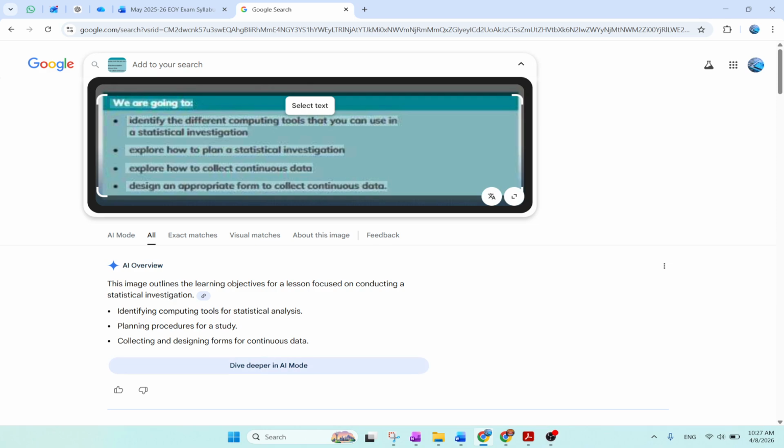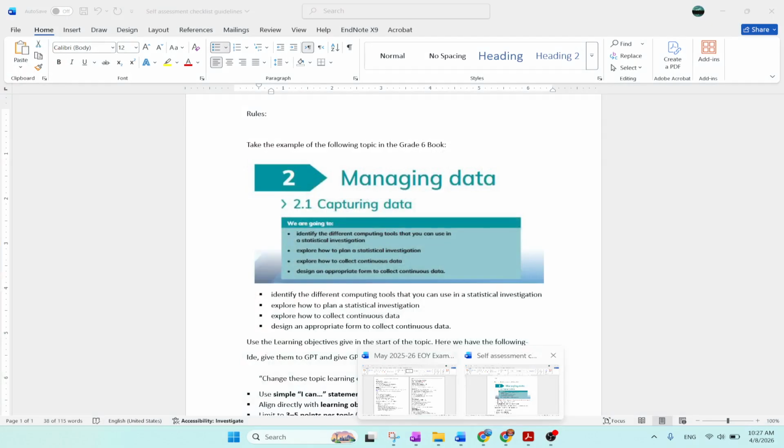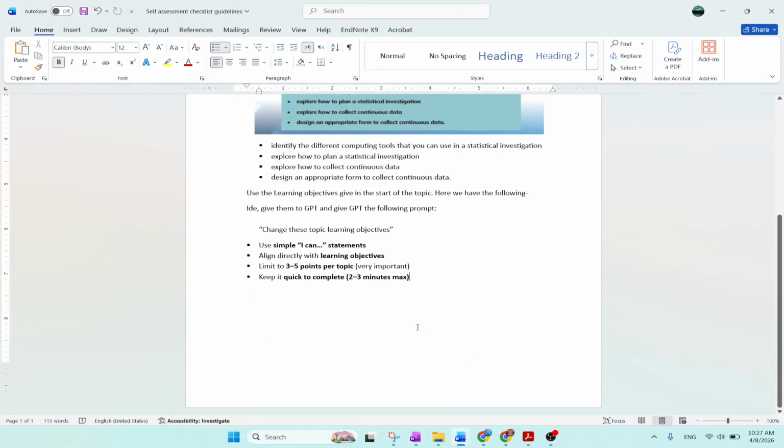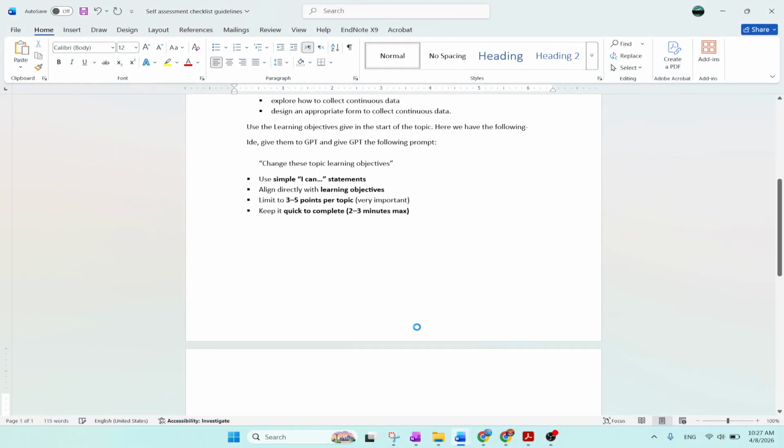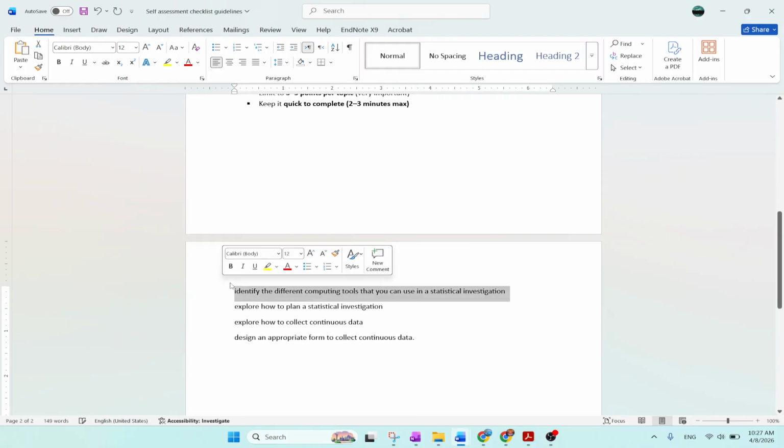If I take my cursor here, I can highlight the text now because it has done optical character recognition. It has now converted it into text. So I'm going to copy it and I'm going to come down in this document which I was preparing for you guys. I'm simply going to paste it, right? Now that I have the text which was in the book in the form of a text, you can see how easy it is to pick up text from the book, right?